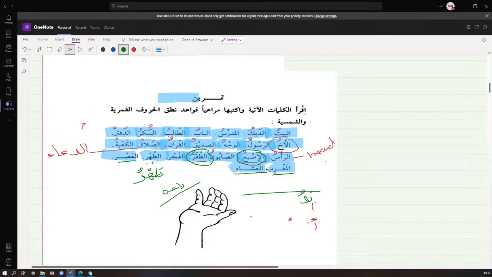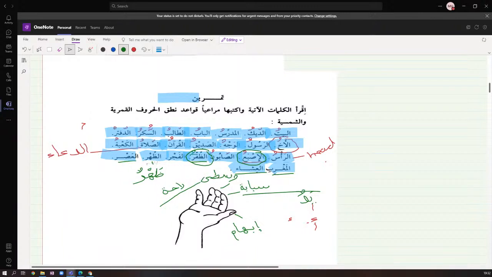And then the thumb is called ibham, ibhamun. And then the index finger is called the sababa, from the word sab, meaning to curse or to blame, because it's the finger you constantly point at people and blame them. Sababa. And then the middle finger, you call it wusta, the middle.